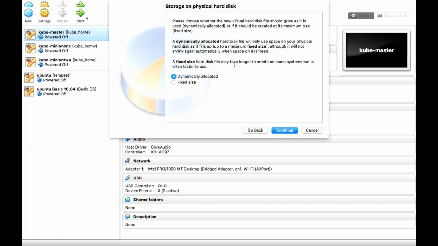Let us say I have allocated 10 GB of storage to my virtual machine. It doesn't use 10 GB directly. It will use only how much it is required right now. Let us say 3 GB. It will be using it. And then later on if it requires more GB, then it will increase dynamically, up to max 10 GB. It cannot cross beyond that. So we are setting a maximum limit to it.